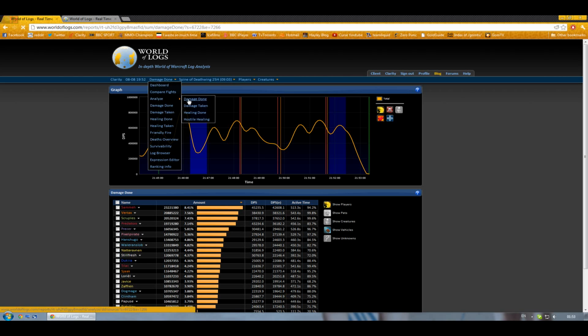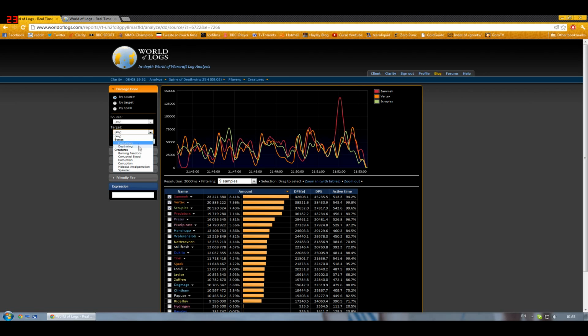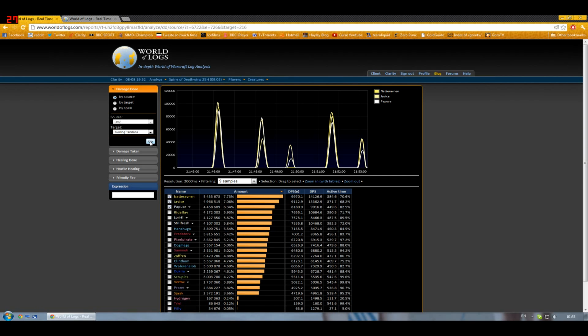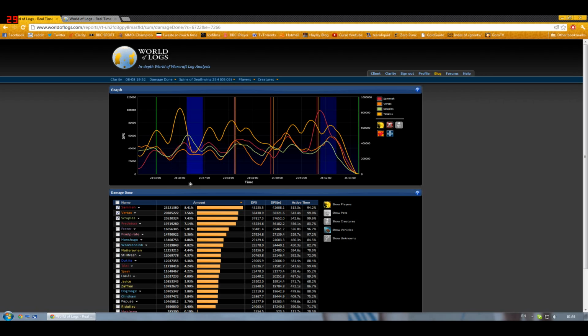Another thing you can use for that is if we head into Analyze and select something. If I just select tendons, you see on this graph that people did damage to tendons in these times. This shows us that it was at 2146, for maybe 40 seconds. So that allows us to see that. If we go back to damage done, remembering that, obviously that coincides with the Bloodlust, because that's when we use the Bloodlust,